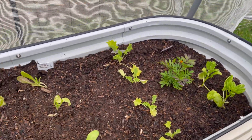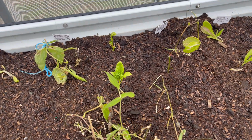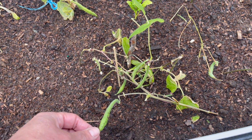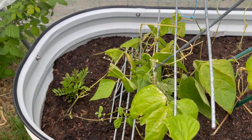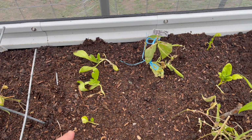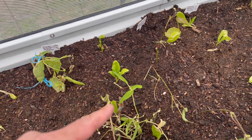And here's our new raised bed that we put in our last video. So you can see here, we have green beans, which I'm going to be picking off, so that way the plant puts more energy into itself. And in here is spinach, bush beans that I started indoors, kale,